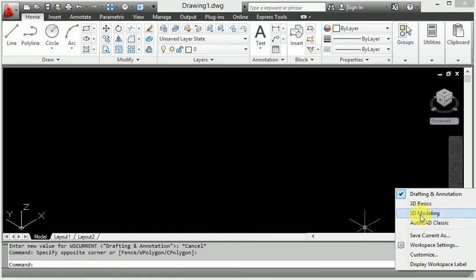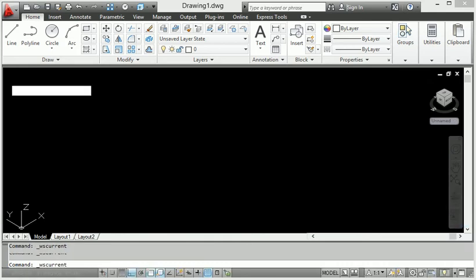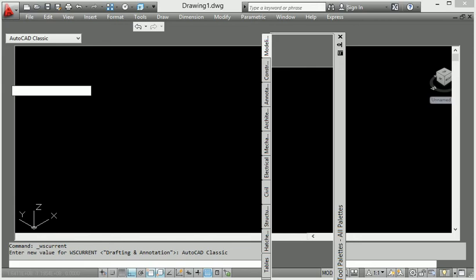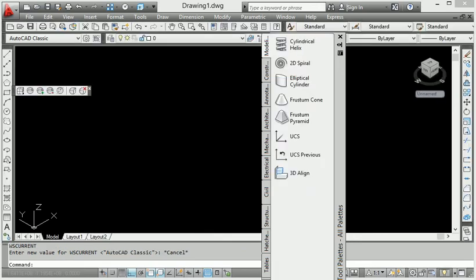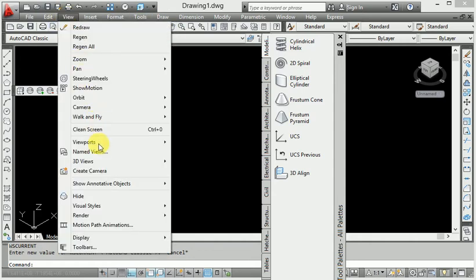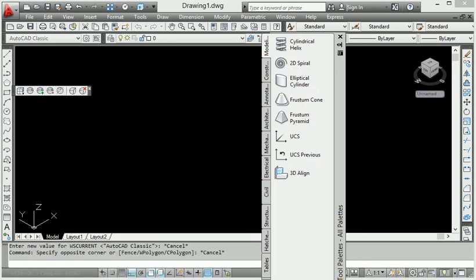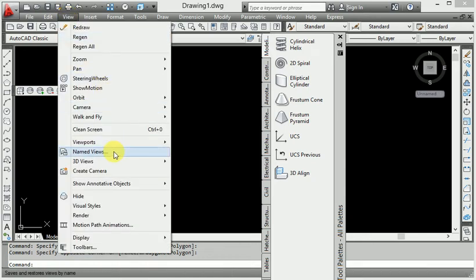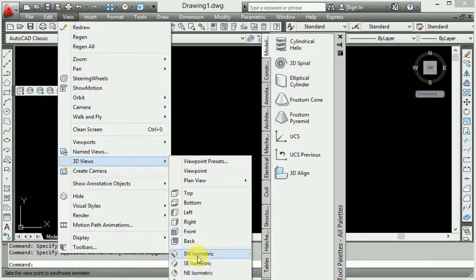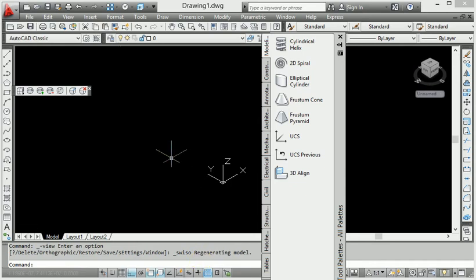Here the 3D AutoCAD 3D Classic, and let's start how to work from. Look at this cylindrical helix curve. Here is the view right now. Look at this, it is a different view. We have the top view working. We have a top selection. Isometric view work. We have the isometric selection.